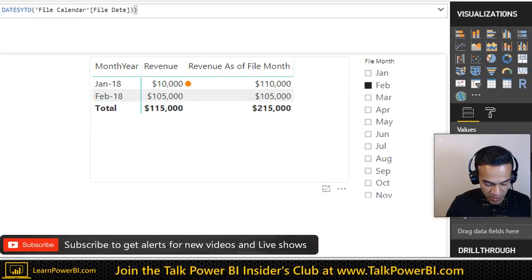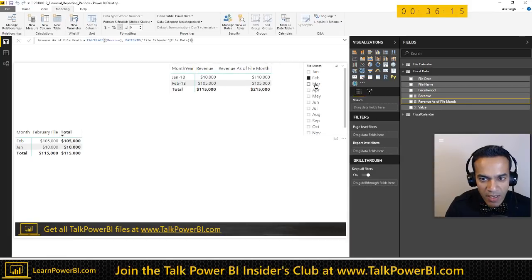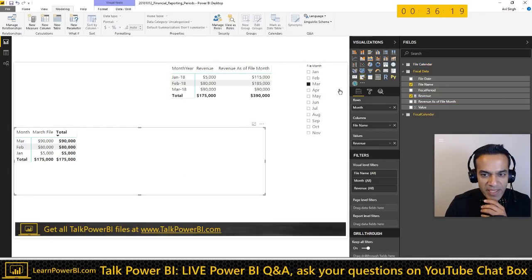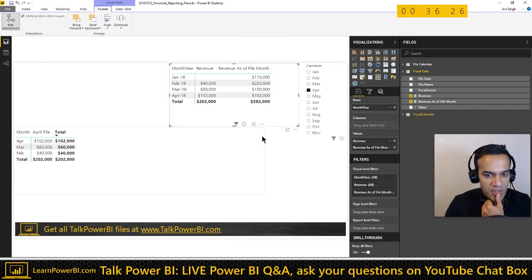So again, this is not quite right. This is not what we wanted. We want it to be kind of cumulative. So that's what we got here. So now we can see March. And I realized that I copied this over, so the filtering, that's interesting. The edit interaction property didn't copy over. So this thing is now,